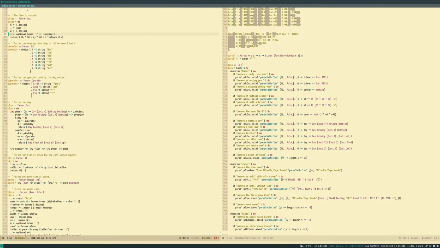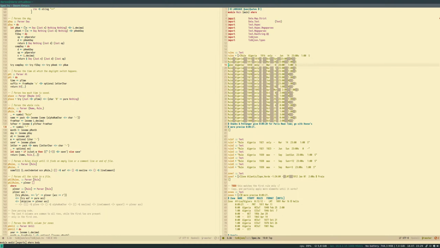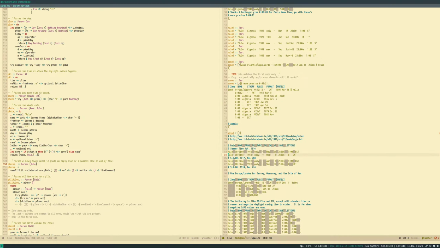So this was my rule parser that I already had, and it was able to parse this rule, a single line. So I broke down the problem into small steps, and I created this one, which is a parser that's able to parse a series of rules until it finds a white line or a comment or something that's not a rule. For example, it is handy here because there are comments in between.